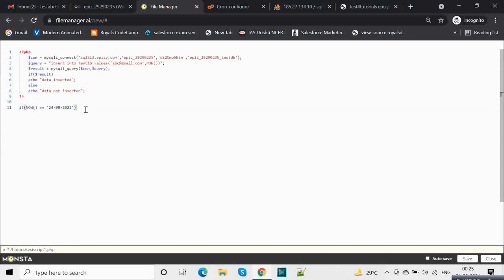You only run that script if the date matches, and then on only that particular date the script will run.